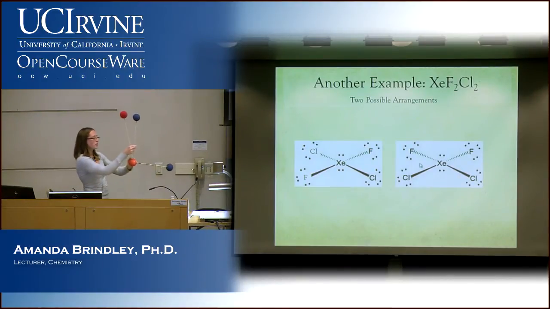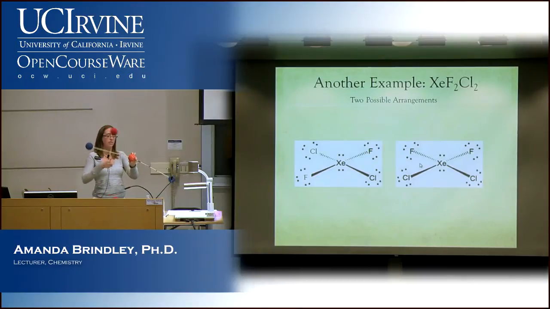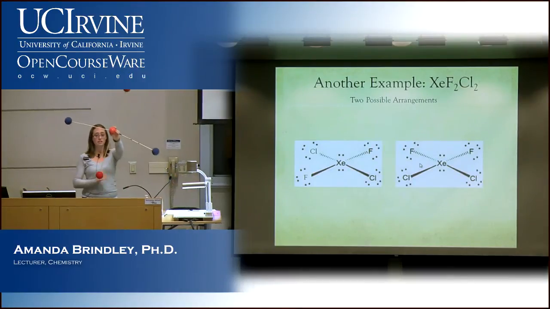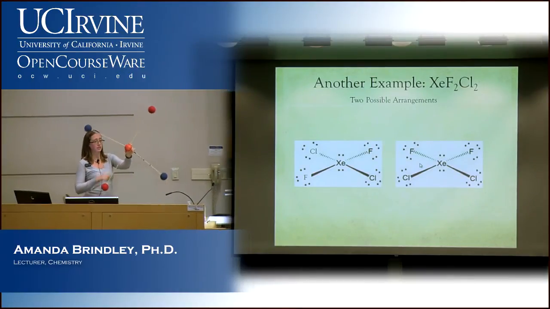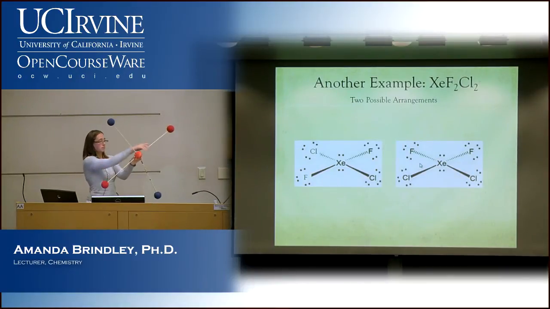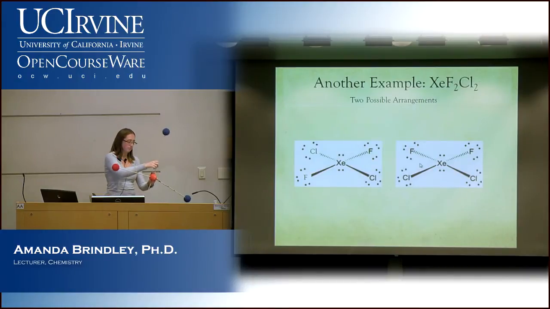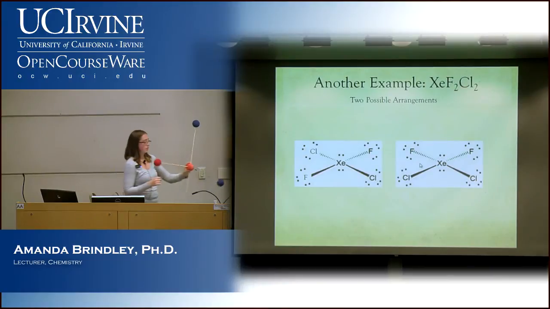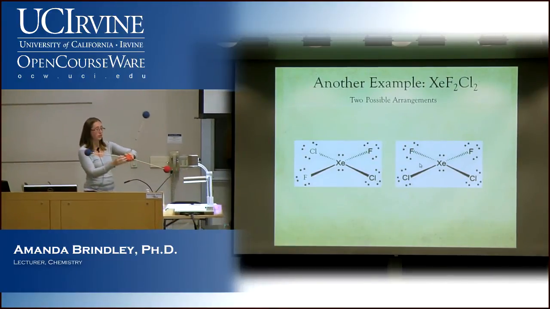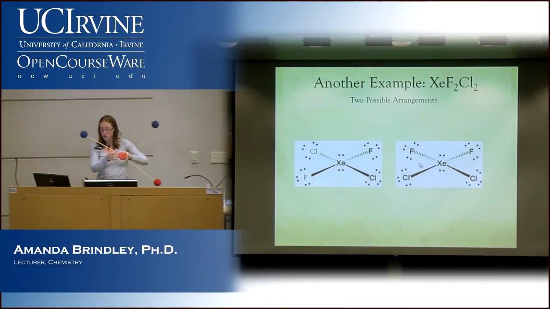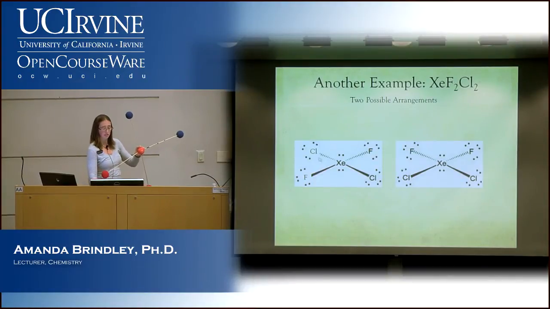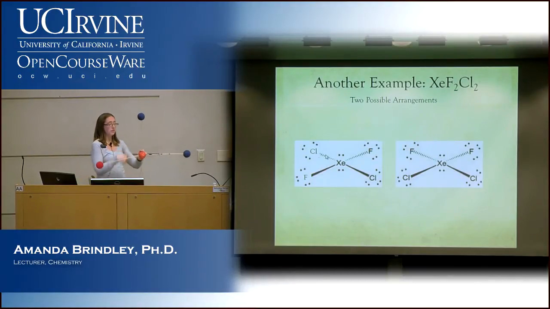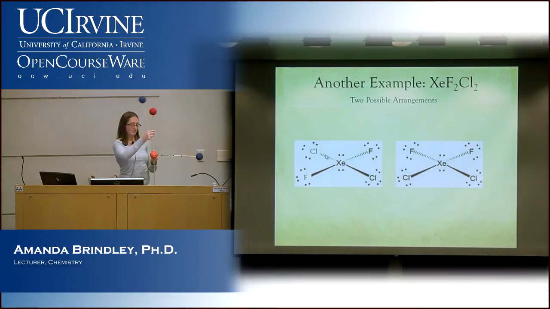Yeah. So there's a couple different ways we can make this. One is to have them directly across from each other, like this, where the chlorines and the fluorines are directly across from the same atom. And one is to put them next to each other, like this. Okay? Now, there's a difference on whether you're going to have a dipole or not. If we look at this first one, we have the chlorines across from each other and the fluorines across from each other, right? So we would have this.